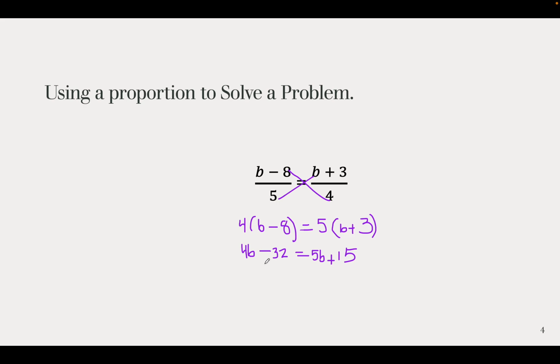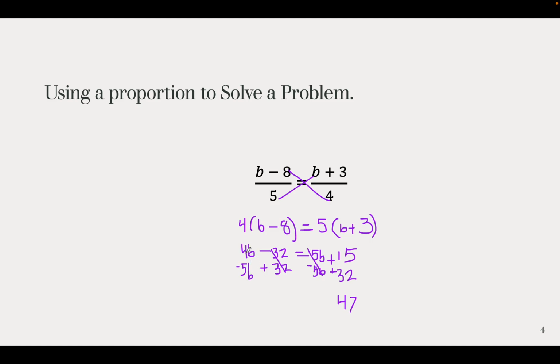All right, I'm going to add 32 to this side. Just got to combine my like terms and solve it like we've been doing. So if I add 32 to this side, plus 32, then 15 plus 32 equals 47. And I'm going to subtract my 5b here. So this one goes away. 5b comes over here, minus 5b comes over here, which means that I have